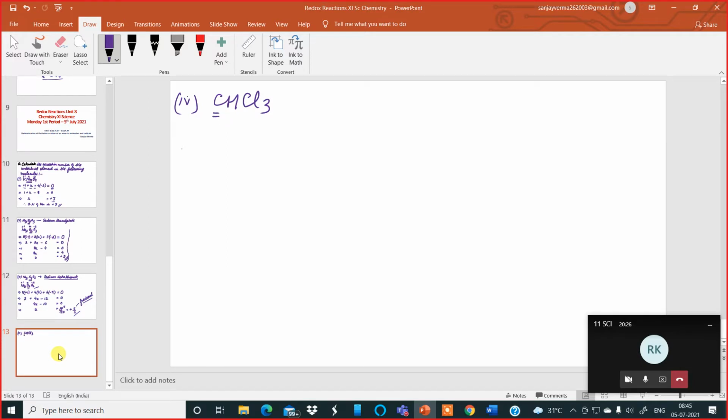Okay. Number 5, I am writing PO4 minus 3. Find the oxidation number of phosphorus. The underlined element is phosphorus. So let the oxidation number of phosphorus be X. Oxygen we know is minus 2. So let us do this now. Phosphorus 1 atom, so X, plus oxygen 4 atoms, so 4 into minus 2, is equal to the overall charge. Look at this. The overall charge carried by the phosphate ion is minus 3. So on the other hand side, I put over here minus 3.